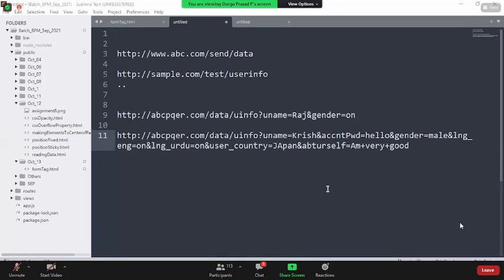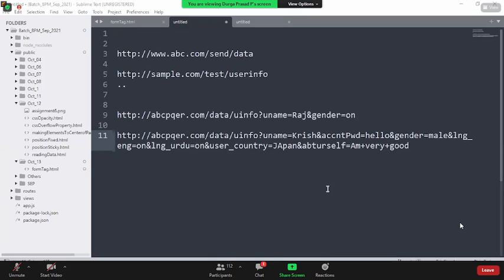So can we know it is a text box in the URL? When we are sending the data to the server, does the server need any type of extra information about how the user has given the data, using what input element he has given the data? Does the server need any type of information? You tell me yes or no. No, I think. Right? So yeah, for the server, the only thing it needs is the data and its corresponding key.